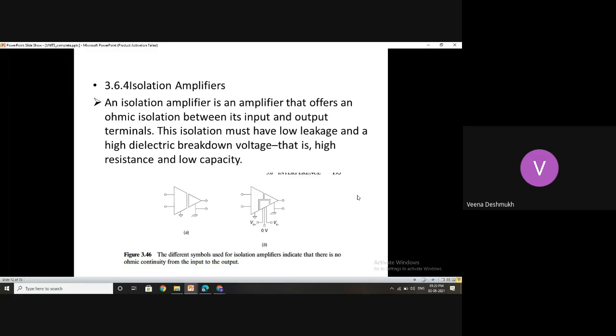You can see here, there are different ways they can be represented. Here, a simple circuit. Here they have used the amplifier notation just to say that it is an amplifier, but actually it is not amplifying the signals. It is basically separating the two blocks of the circuit. By introducing this in the circuit, you can separate the two different units or sections of a circuit.